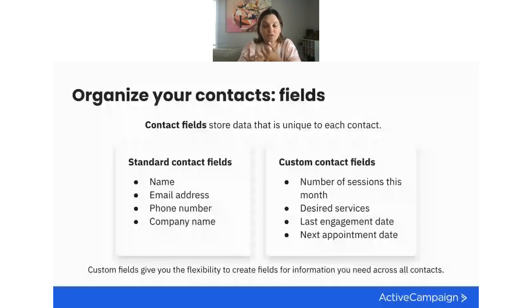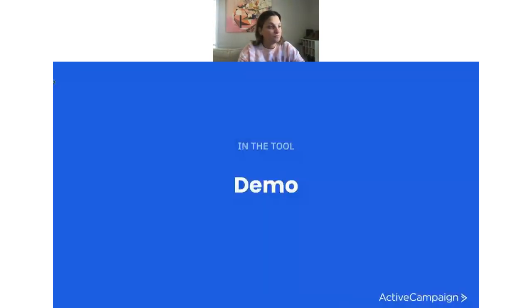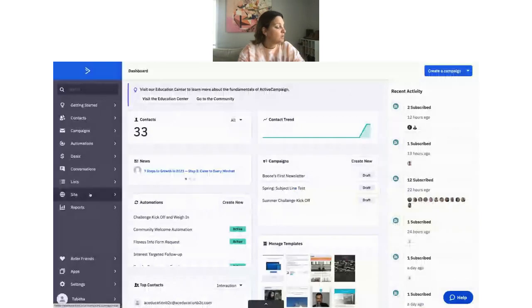What desired services do they want? Are they engaged? When was the last time they came into the gym? What was their membership date? What was the time that they actually said that they started the challenge? Whatever that might be. Contact custom fields are really important because they give you an opportunity to track things that are specific to the contact. So just know that. Now, if we go back into the tool and we go back into lists,